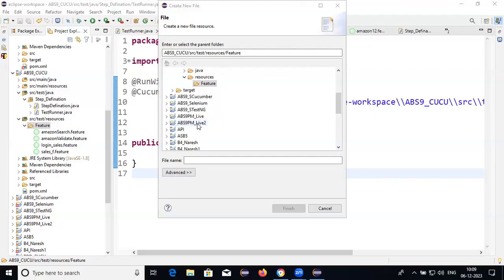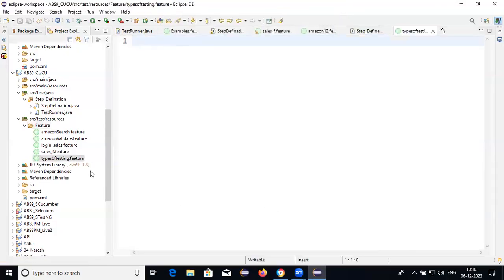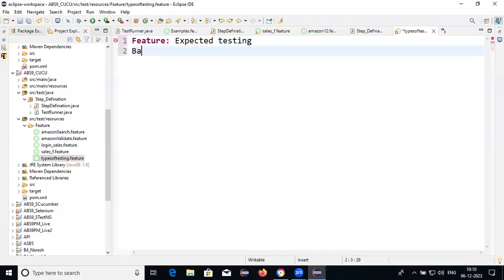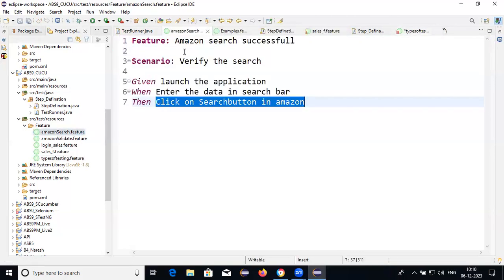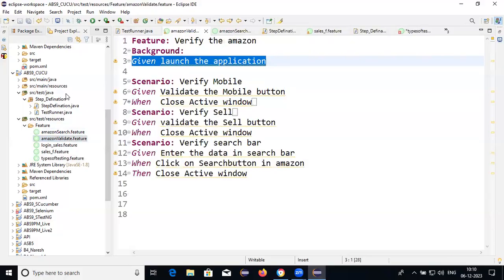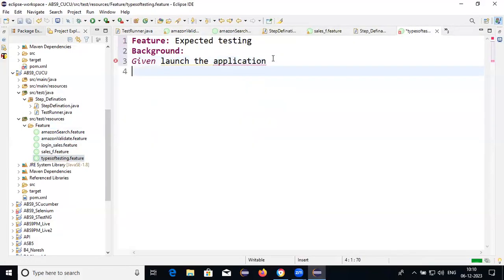Okay, is it clear, guys? How to do the examples? The next one: how to do the retesting and regression testing. Just we need to provide the feature, expected testing, and background as usual. Background, you provide background. And next